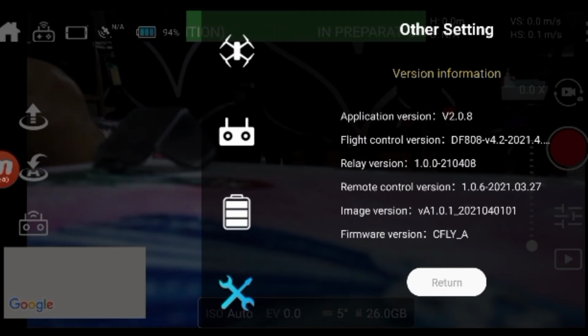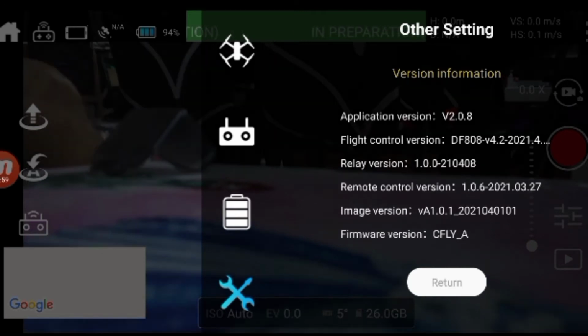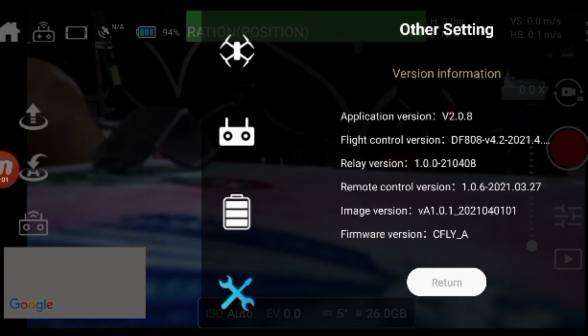So, and here is the other setting, the version setting, I think. Version information, application. So flight control version, relay version, remote control version, image version, firmware version. So you can check your version here in the other setting.